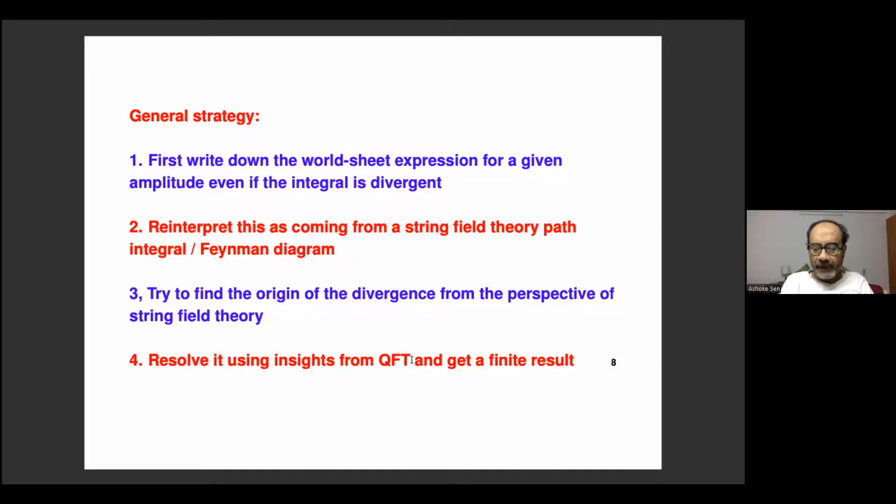But those ultraviolet divergences are absent in string theory anyway. In particular, in the language of string field theory, the ultraviolet divergences will be absent because the vertices have exponential suppression factors for large Euclidean momentum. So it's not the ultraviolet divergences that bother us in string theory. It's more the infrared divergences that we have to deal with, and those you can deal with by using insights from quantum field theory. And this is the procedure that we'll be using.